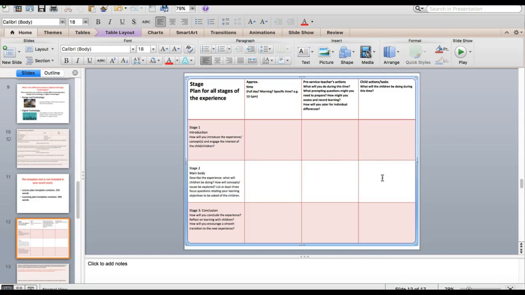So every good lesson should have a little conclusion. The teacher will bring the children back in. The body of the lesson might be half an hour, and the conclusion might be 15 minutes, back inside, might be after lunch. You've printed out images, so the pre-service teachers' actions might be printing images,